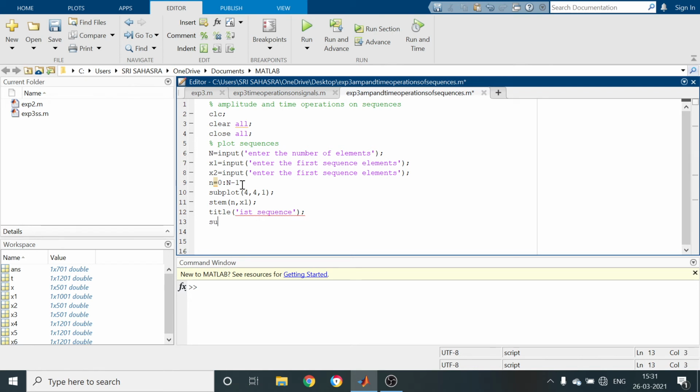Similarly, I copy this in order to plot the second sequence.